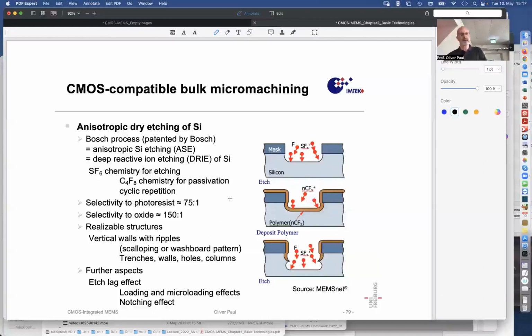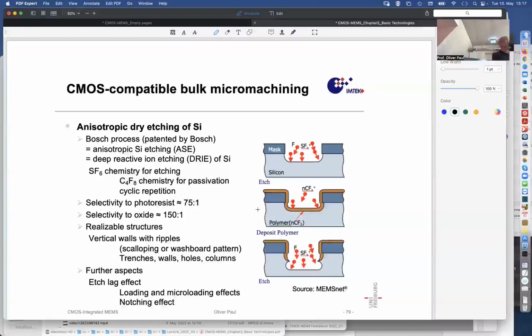Yeah? And now comes again, after a while, the next SF6, which is able to break some of that Teflon and does so not only chemically, but by the directionality of the process. So the process is not fully isotropic. It has this anisotropic component. There is a physical action which removes that Teflon layer at the bottom, yeah, and does so less for the Teflon layer protection on the sidewall, yeah, and then the SF6 can produce the next level of cavity, yeah, which